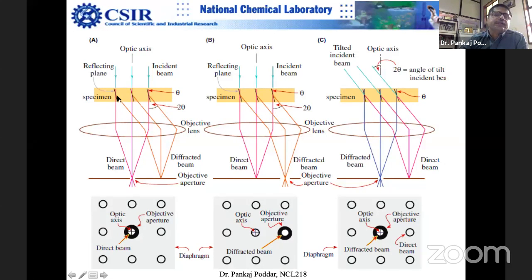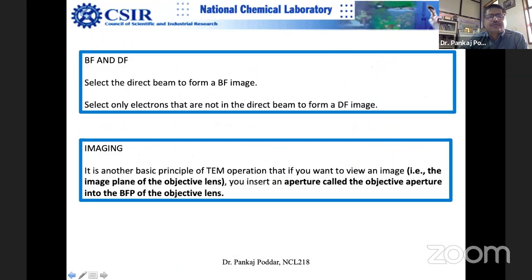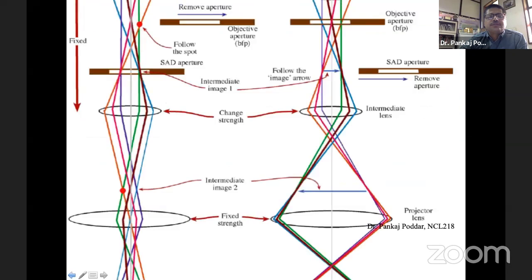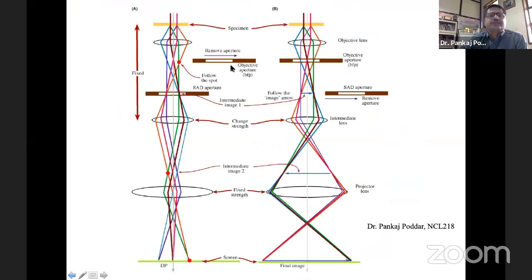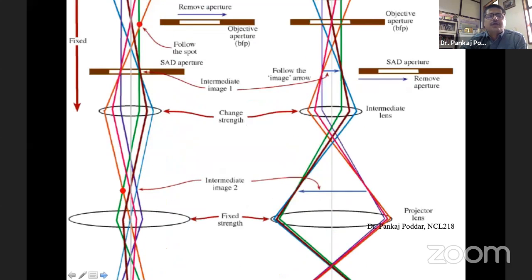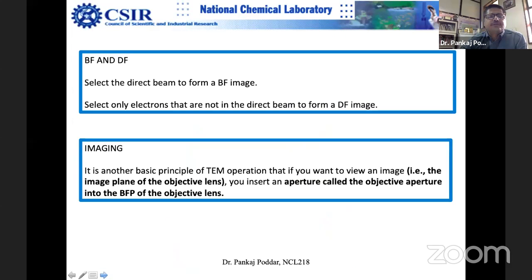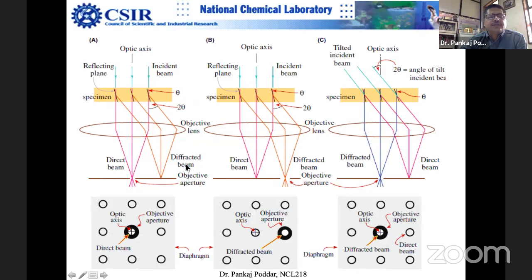But if you notice, we saw that if you put this objective aperture, this one, sorry, this one is the objective aperture, right? So this is very helpful. Now, the entire game is how you place it. If you put this objective aperture in such a way that you are blocking this as well as this,